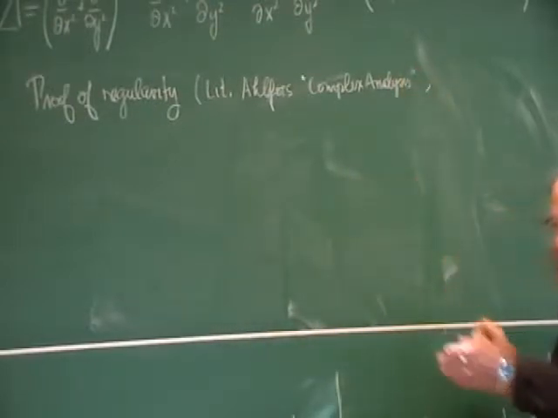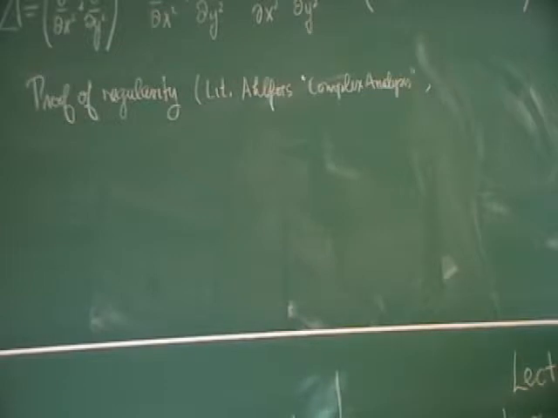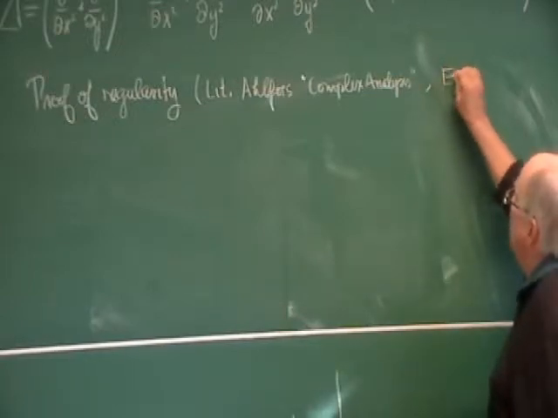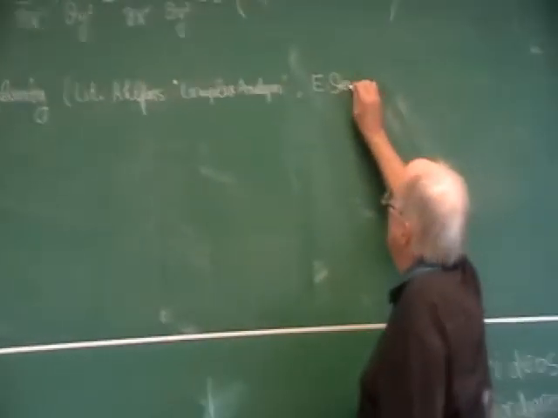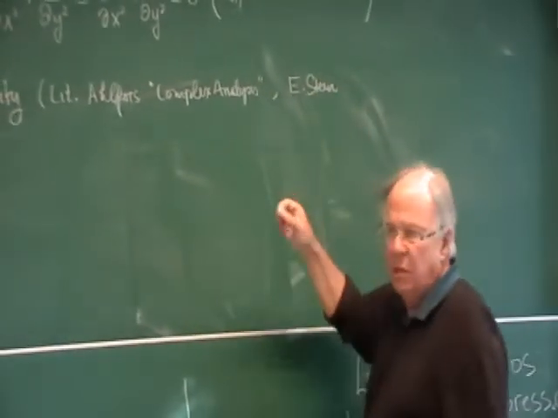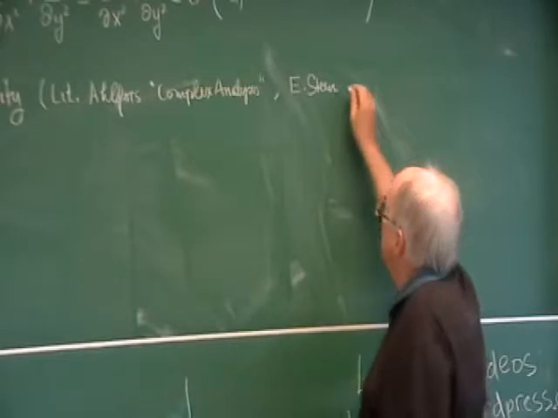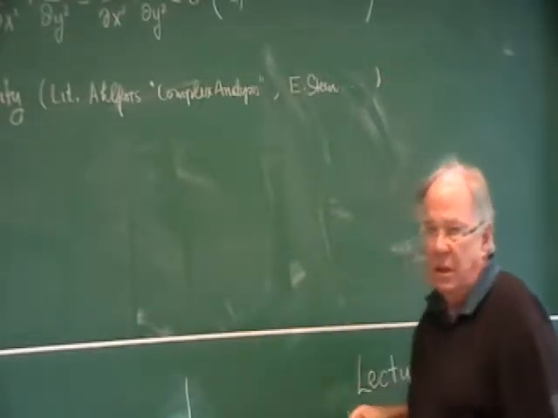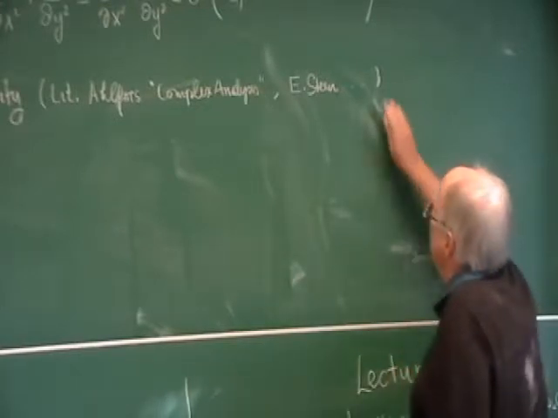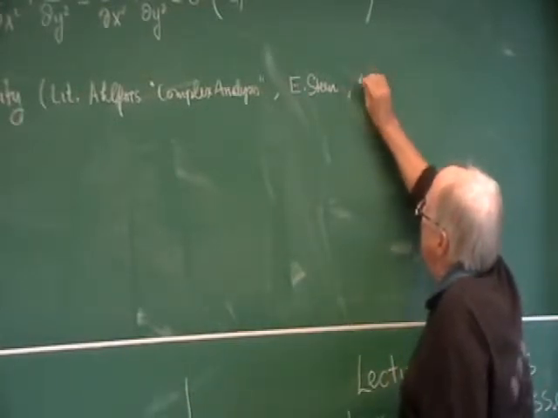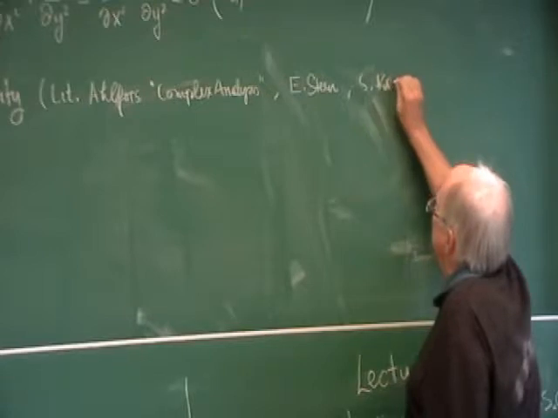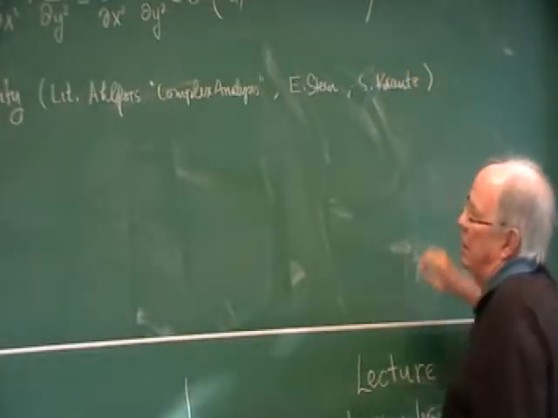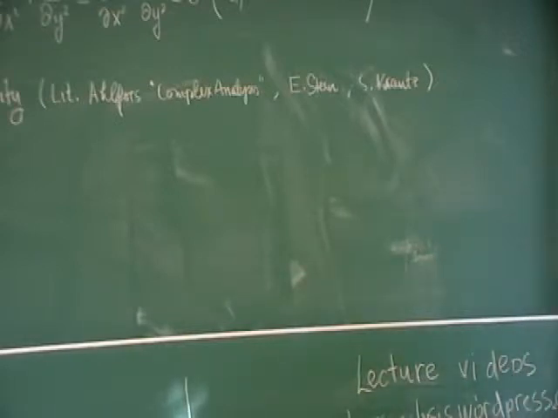And I think I mentioned a very nice book last time we were here, by Eli Stein. I don't know what it's called, but it is a very nice book: Complex Analysis, something like that. And one of Stein's students, whom I know quite well, Steve Krantz, writes beautifully also, so if you want to look at Steve Krantz's books on the subject,